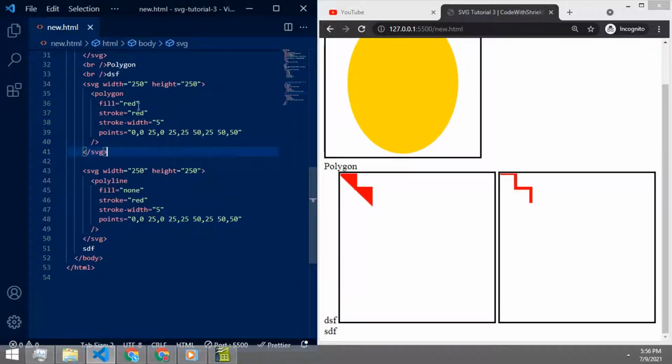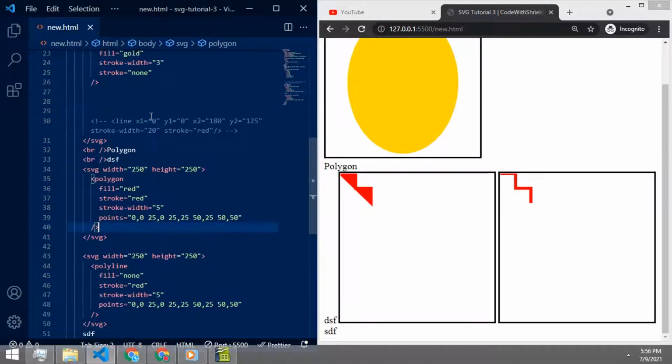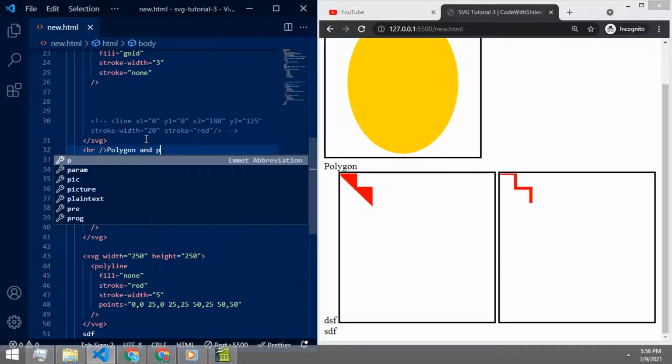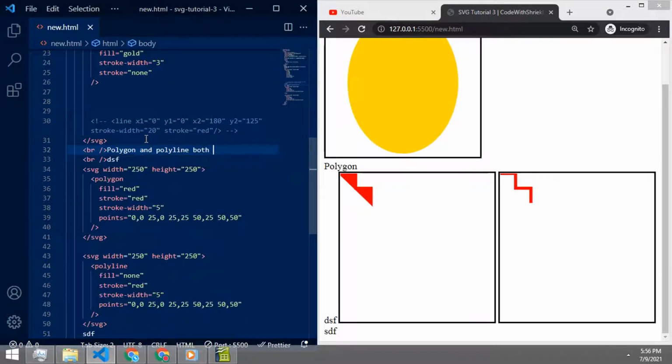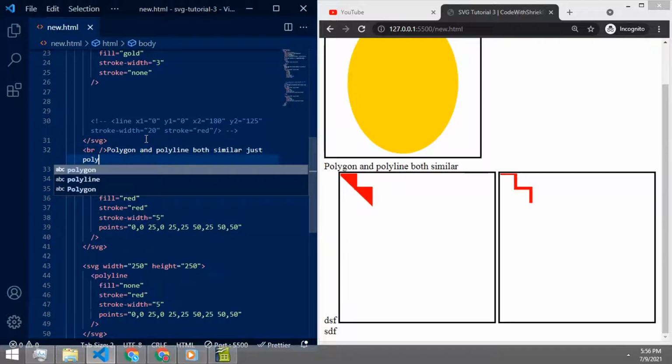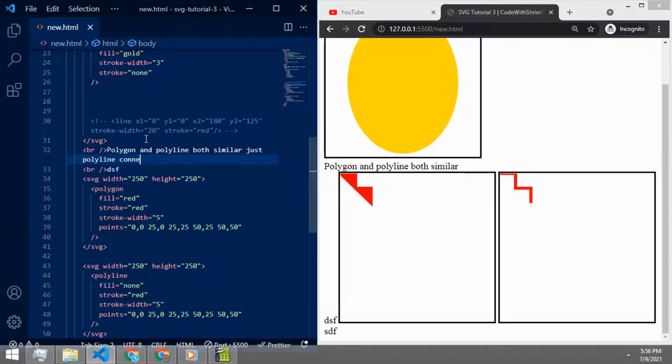See, all the points are similar, but in polygon, the last points are closing them. In polygon, the first point and the last point are automatically closed or connected by itself.